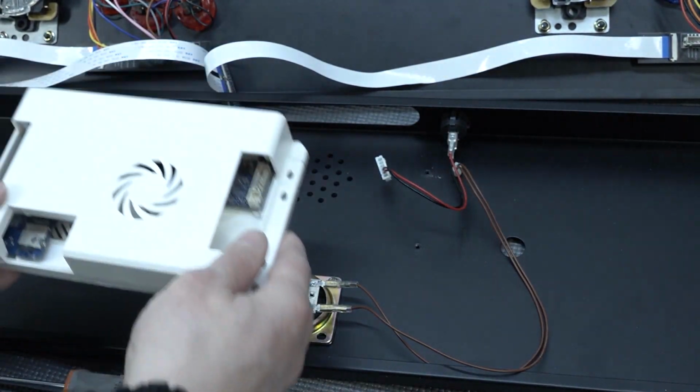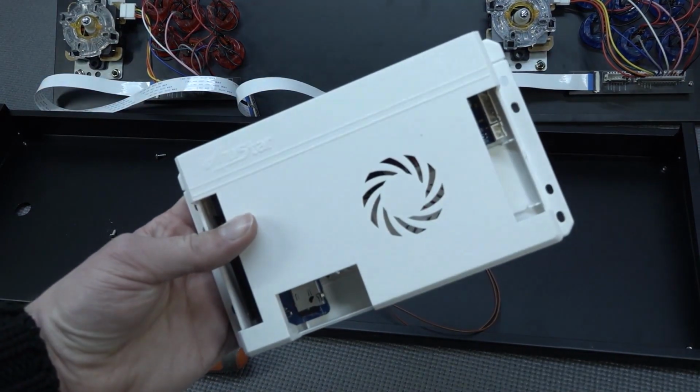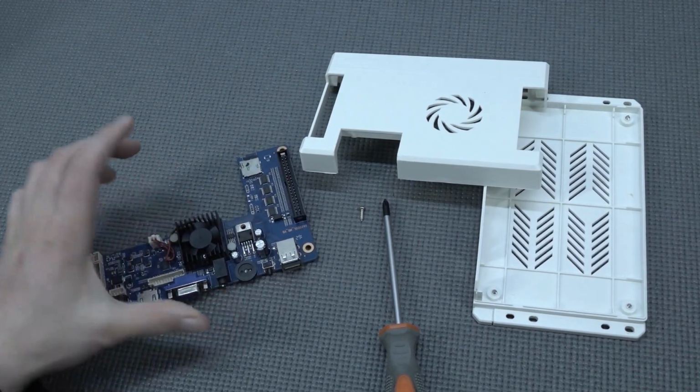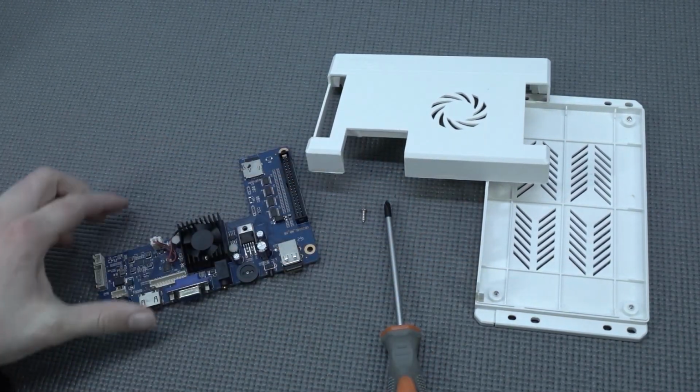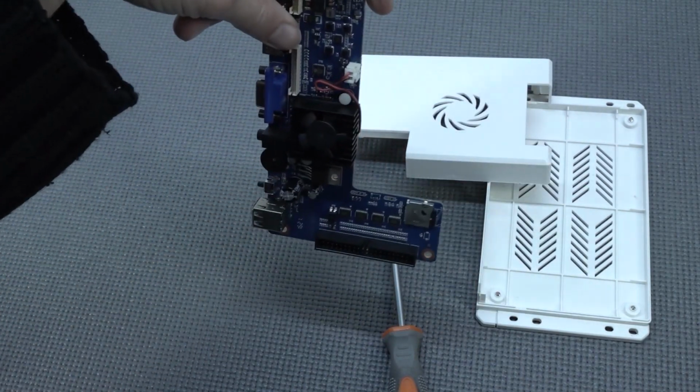Leave the screws in the case, and let's take a close look at the Pandora game OS. The nightmare continues, absolutely. But okay, so this is basically what we're going to get: 2 plastic shells, and then we're going to get the PCB itself. It's going to be the Tetris Pandora's box, you know, like...